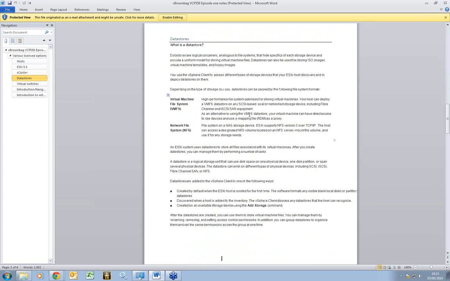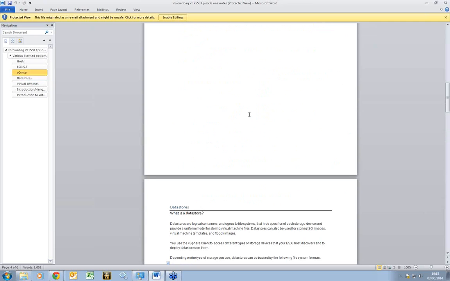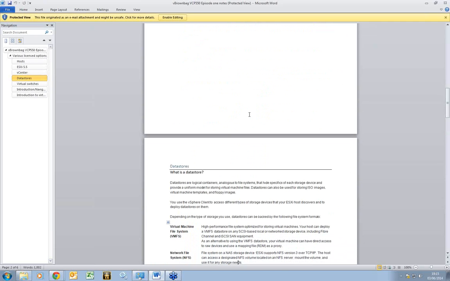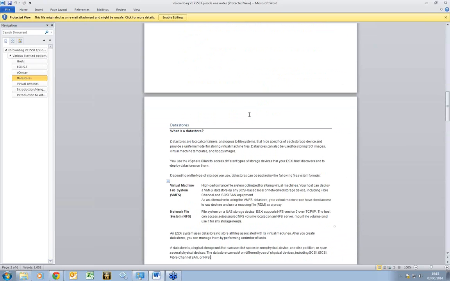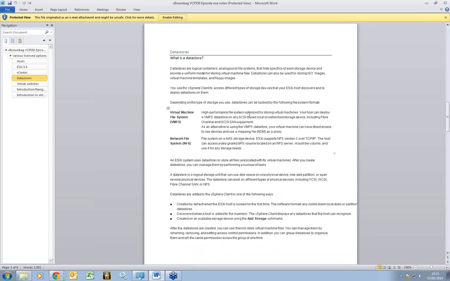So data stores. Okay. I essentially just went and grabbed this from the VMware site, sorry, let's get this into view properly, because I wanted it to be absolutely correct as to how they view them. So you need to be aware of what a data store is, the file systems that ESXi and vSphere support. You can essentially get a data store